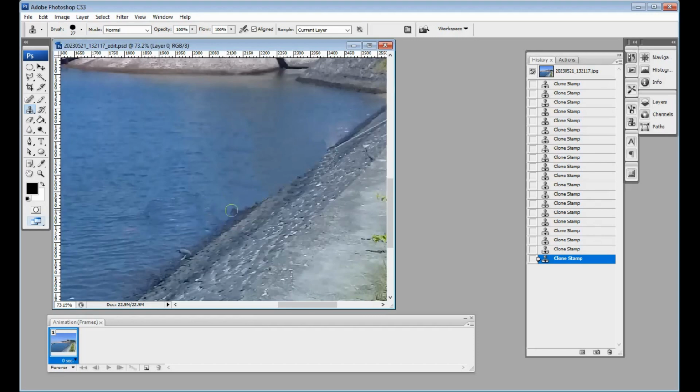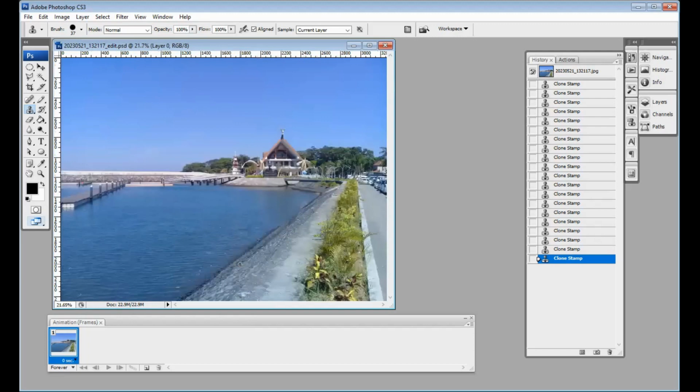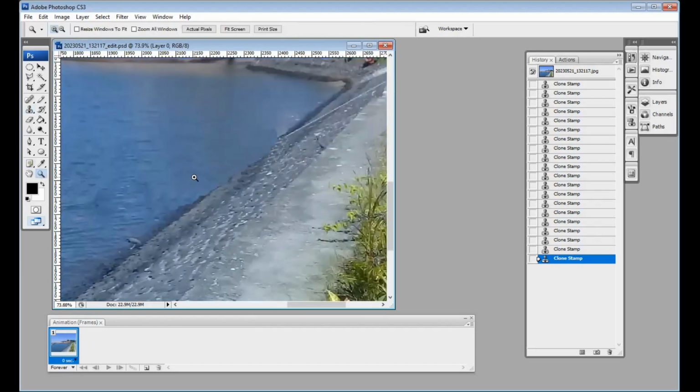Good. Yeah, I think it's enough. Okay. Oops. I think it's better. Yeah, but let's zoom. Yeah, zoom. Maybe to view it more clearly. Yeah.